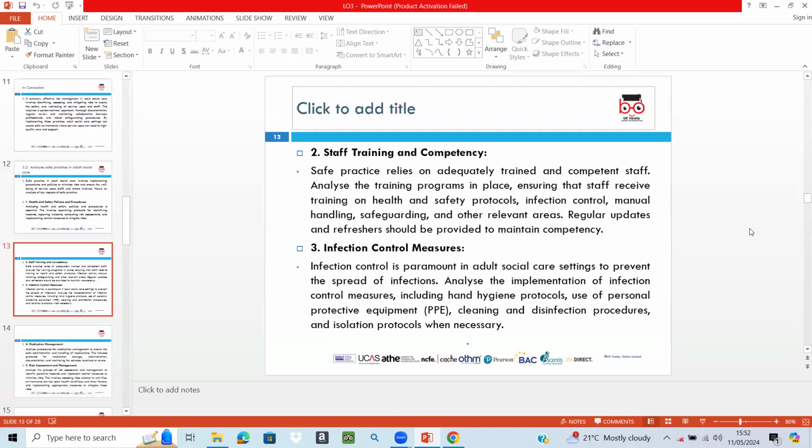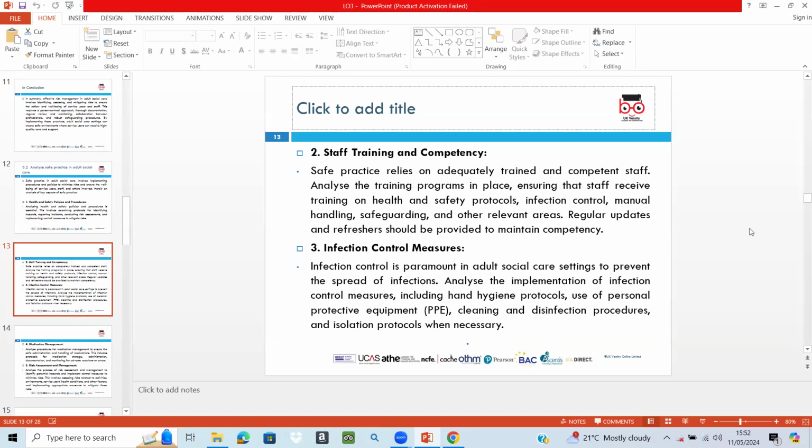We have to move to the next slide. Right. So in the next slide, we have to discuss staff training and competency and infection control measures. Analyzing staff training and competency as well as infection control measures are important components of safe practice in